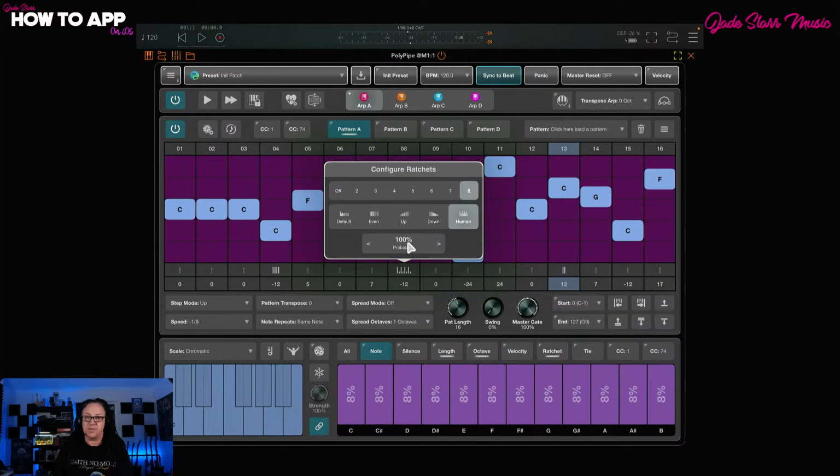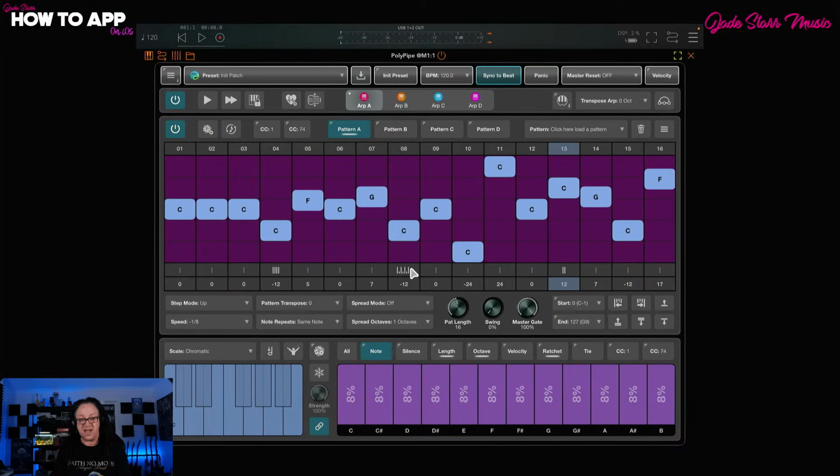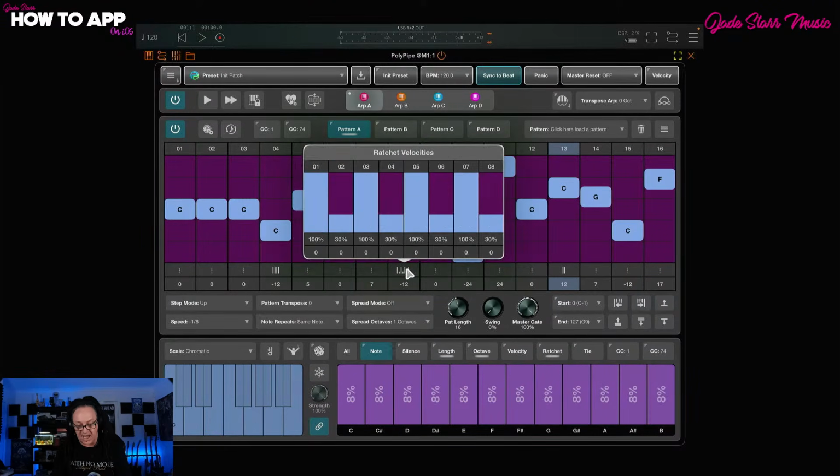You can change the probability so it doesn't always happen each time, as you like. But there is another menu snuck in here as well. If I double tap here, it brings up the ratchet velocities. So you can actually come in here and physically draw these in, and this is really cool. You can come into each one and drag up semitones and actually make something musical in here. So let's do this, we'll do it 11, and this one we'll put like 6. So now when we hear this,